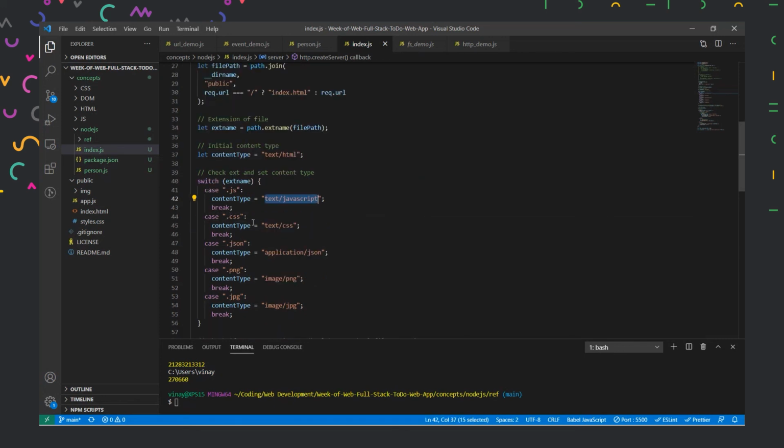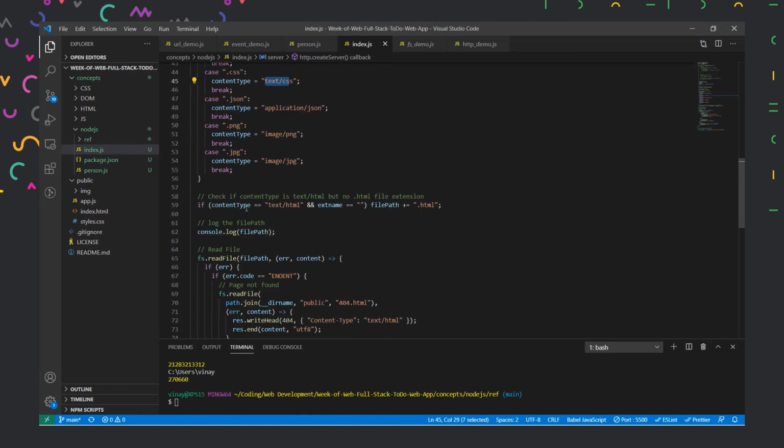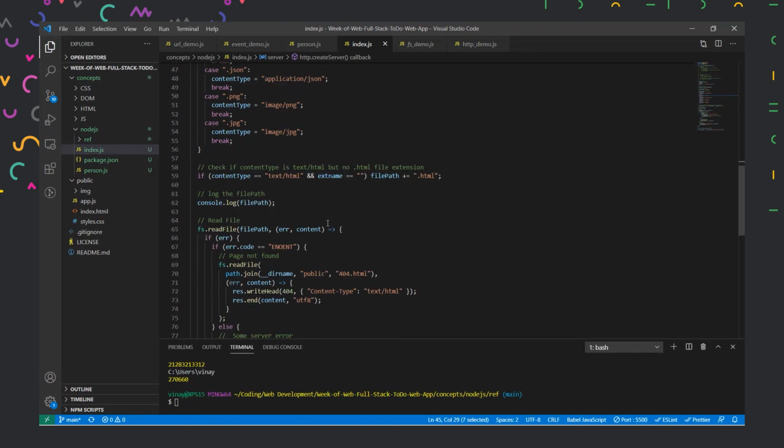Similarly, if I pass a CSS file, it will detect the CSS file. And all these things are taken care of, depending on which file type you are accessing. Then we have where it should be displayed. If there is no HTML file, then what should we do? And let's say we don't have a file at all. Let's say I put some gibberish in our URL, then it should give us some 404 page,